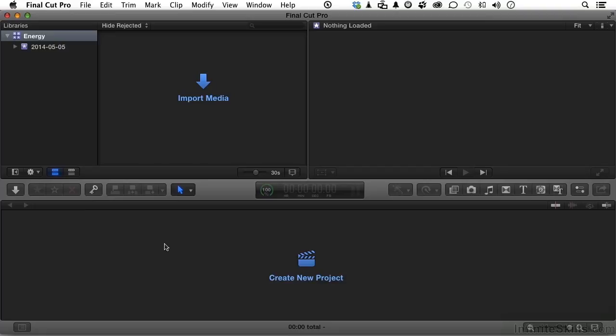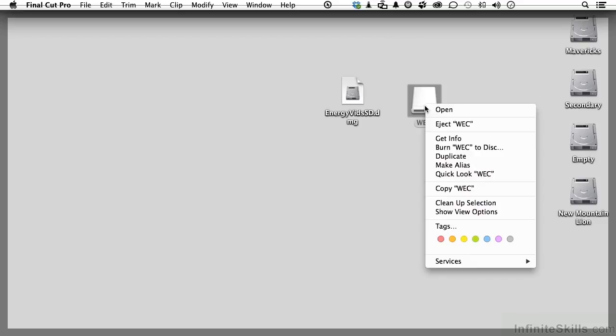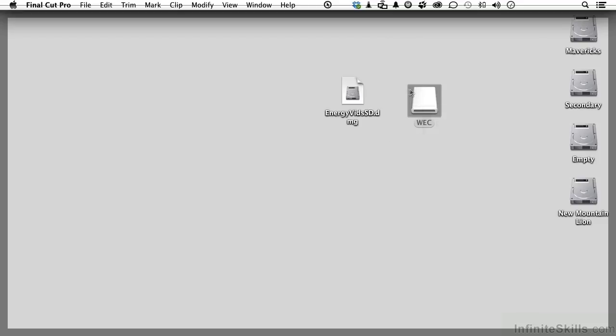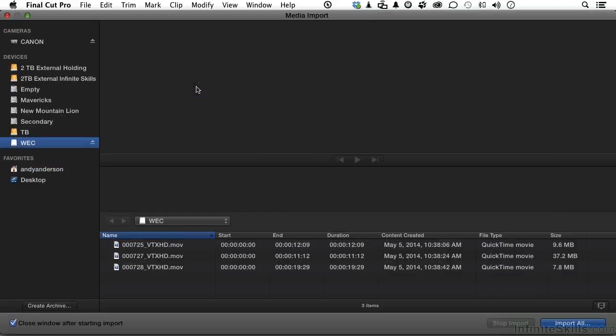Before we get into importing the clips, we have one solemn duty to perform before we get started. Make sure that you still have the disk image open. If you've ejected it, which you can do, double-click and reestablish it. Now let's go over to Import Media right here, and look in the lower left-hand corner right here, Create an